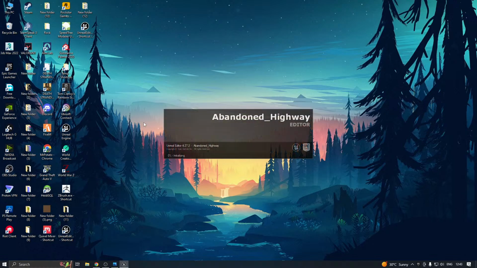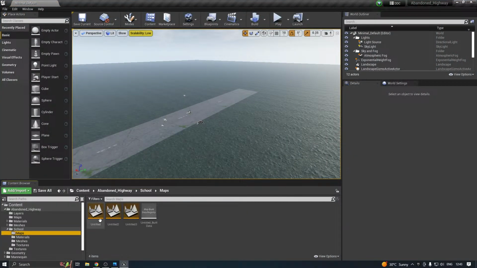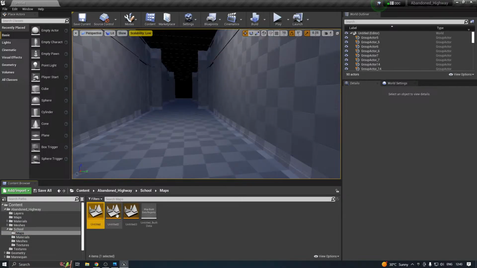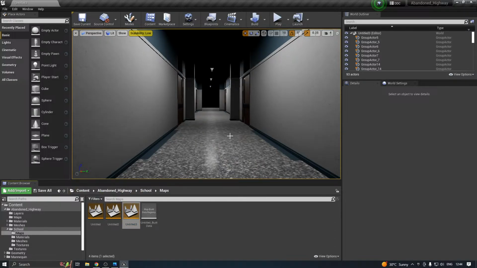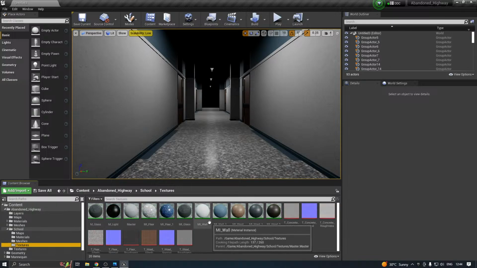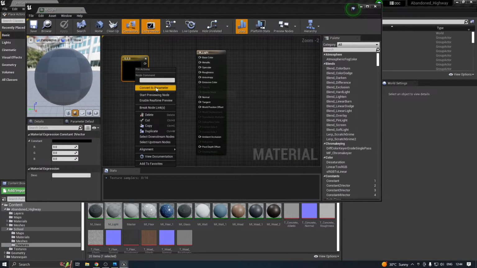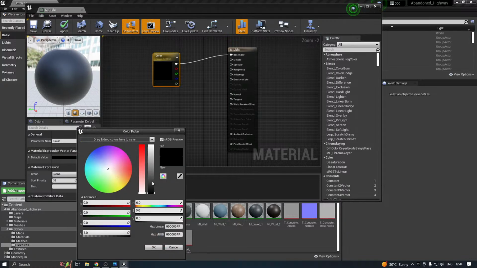I don't know. It's okay, it will open. No, maps. Okay. Okay. Now again, right click, convert to parameter. This will be the color. Connected to light, sorry, base color. Color will be